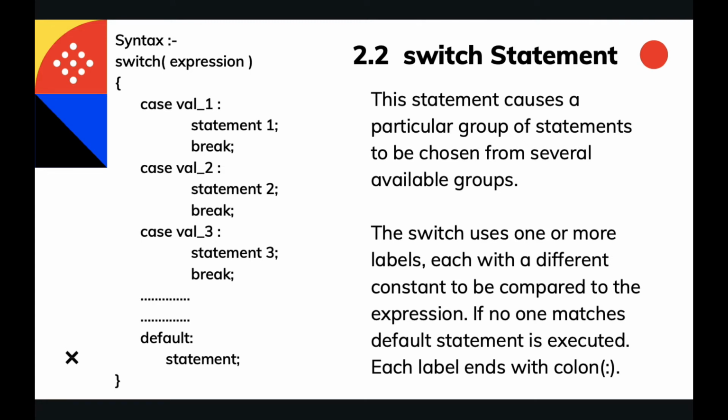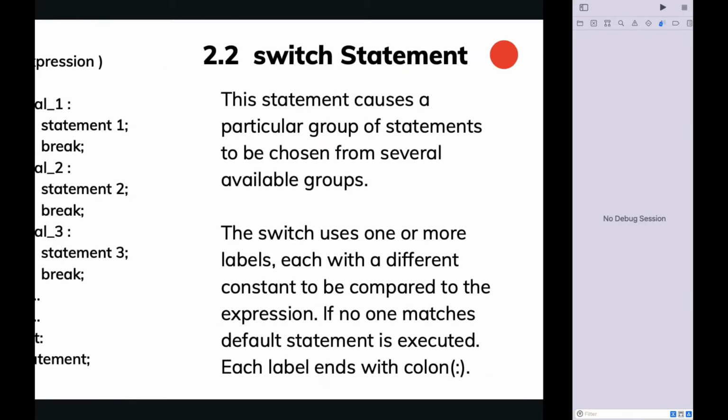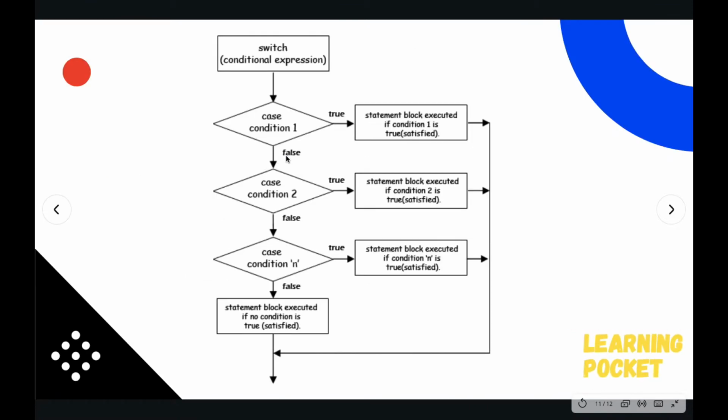So what does a switch statement do? It has a case ladder, supposedly case 1, case 2, case 3, case 4, and it is going to calculate an expression which is given in the switch, and accordingly it is going to execute one of the case statements. This is how switch works. The switch statement provides an alternative to the if else if construct, and it is a multi-way branching statement because it has multiple branches, as you can see in its flow chart.